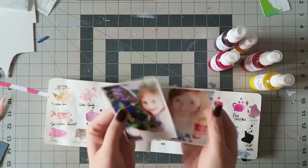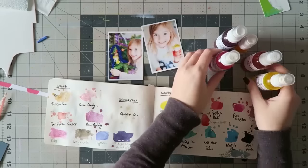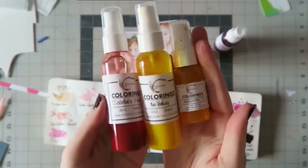Hi guys, Irit here with a new process video for Shimmerz, and these are the photos I will be scrapping,